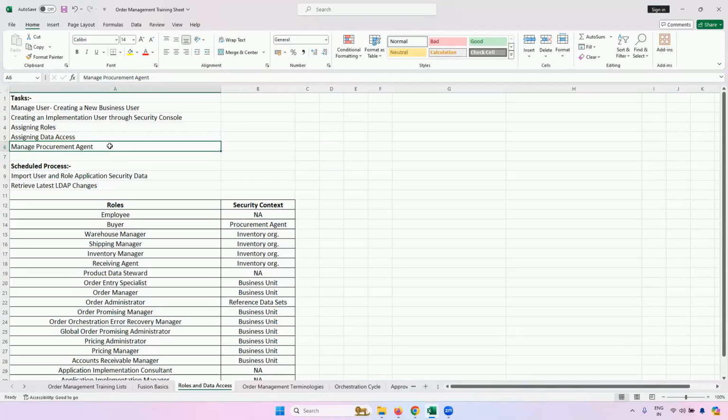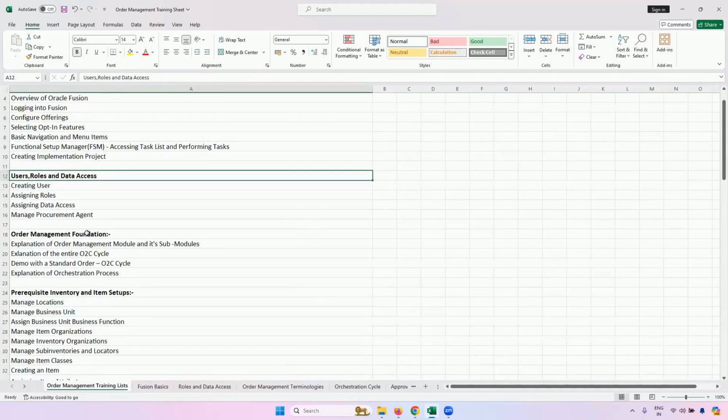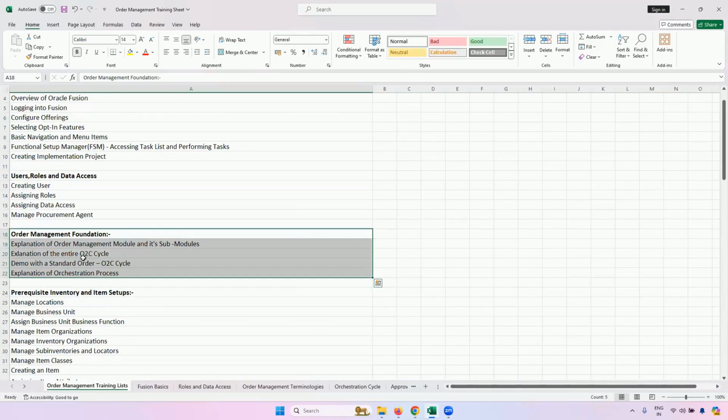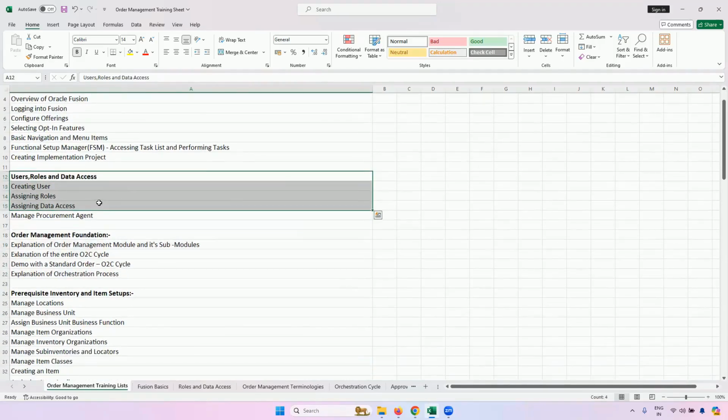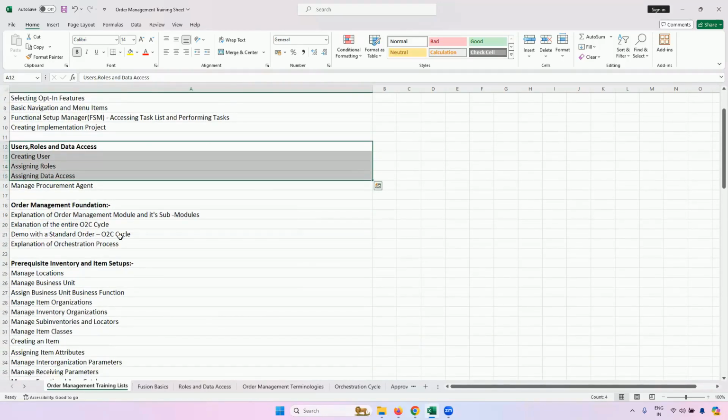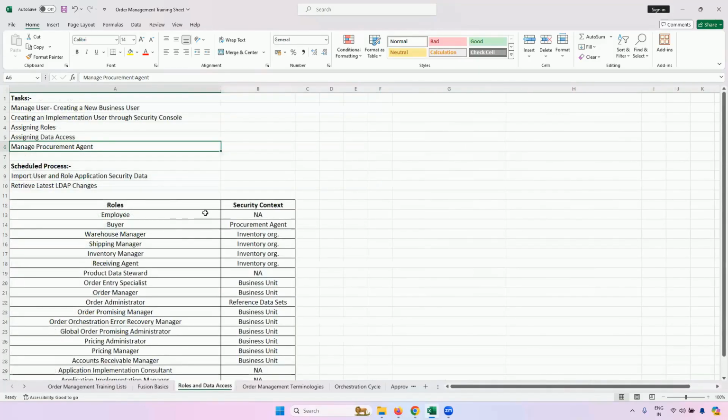So it might be a little boring now, but this is a building block for us to go to the third stage, wherein I will be logging in as this user Adam Henry, and I will show you all the modules and all the data that I have got access to after these 2 preliminary steps. And then I will be creating an end-to-end O2C cycle, order to cash cycle. I will be creating a sales order. I will be showing you all the orchestration steps. Then I will be picking it up, shipping it, invoicing it. So for me to do all of that, this is a compulsory preliminary step.